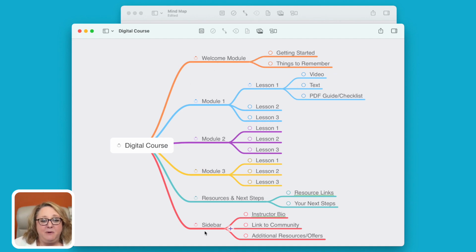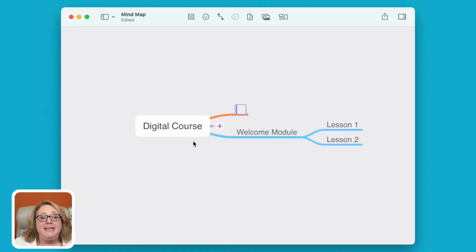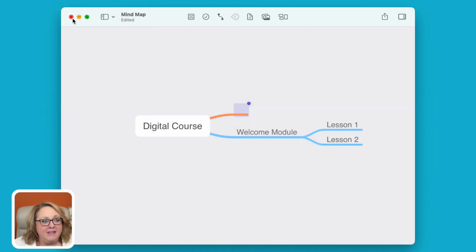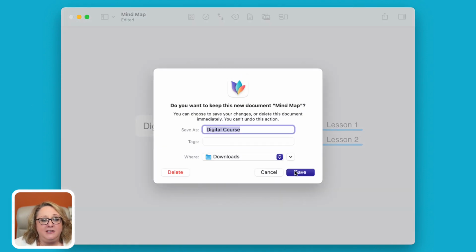And it's literally what you're going to build based on whatever your mind map looks like. So in this example right here, we would need 1, 2, 3, 4, 5 modules. And then in each of the modules, you can put however many lessons you have. It's as simple as this. In fact, let me go back. I'm going to build one from scratch. Okay, let's just do that.